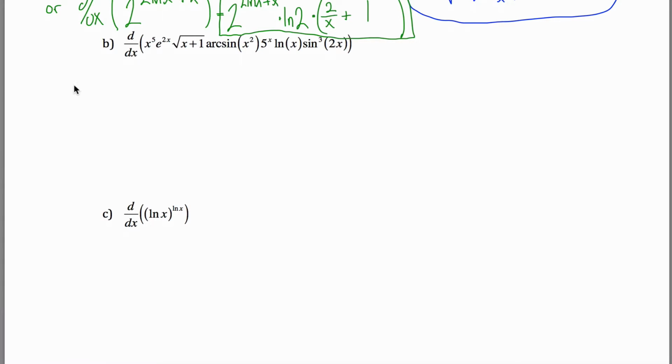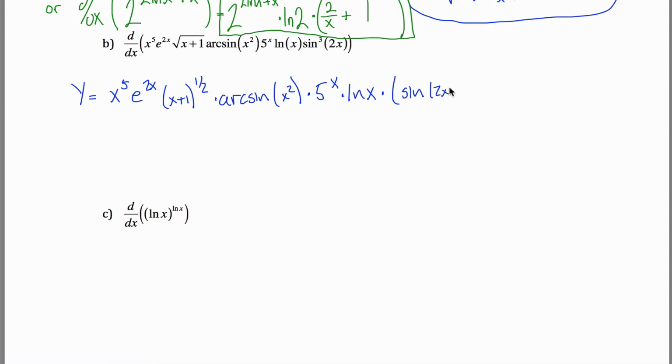What I had in mind here is to use implicit differentiation. So say that y is equal to x to the 5th times e to the 2x power times (x plus 1) to the 1/2 power times the arc sine of x squared times 5 to the x power times the natural log of x times, I probably went a little bit overboard here, the sine of 2x cubed. And the reason I thought it might help you to set it up like that is then you could say